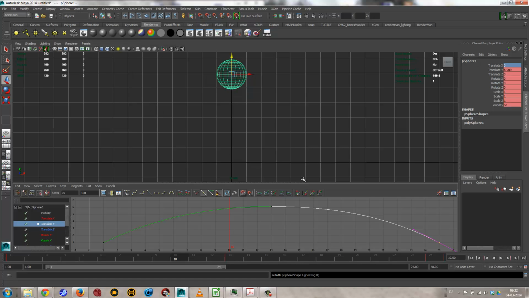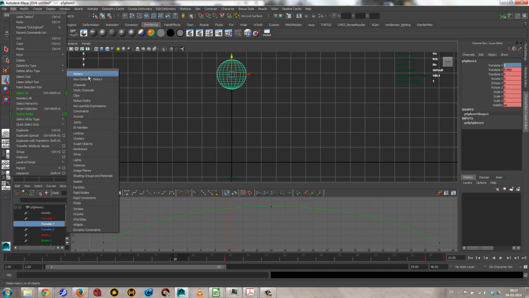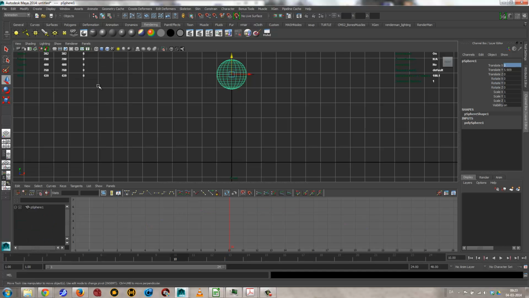So the final thing I'll do here is I'll try to animate a rolling ball, and then I'll make a bouncing ball as well. So let's just take the same thing, select this, go to edit, delete all by type, channels. That will remove all animation from all objects in all of Maya, like so. And then I'll make an animation of 100 frames. So I'll go down here, type 100,